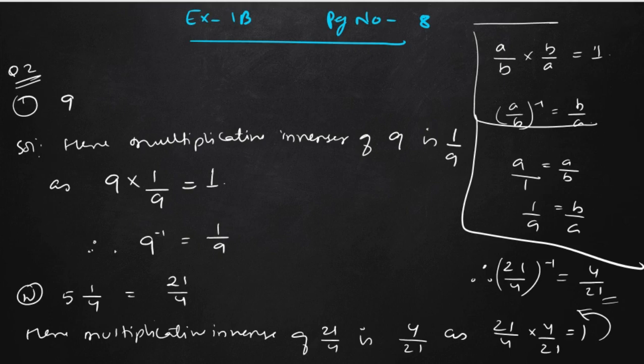Okay, so question number 4. Question number 4 is already discussed. This type of question has been discussed, so treat question number 4 as homework. You have to do that. Question number 4: find a rational number between 3 by 5 and 7 by 9. Question number 5 has also been discussed. So suppose I do one question, suppose question number 3, and the rest you have to do.